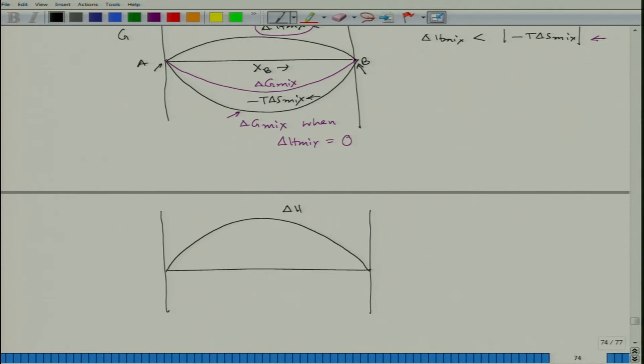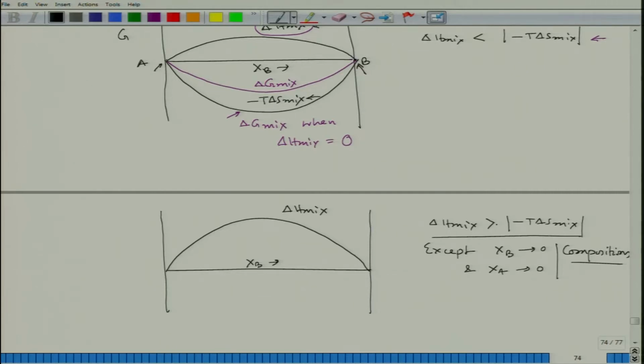This is my ΔH mix versus x_B, but −TΔS mix: if the condition is ΔH mix is greater than −TΔS mix, except where x_B tends to 0 and x_A tends to 0. These two compositions aside, all other compositions,